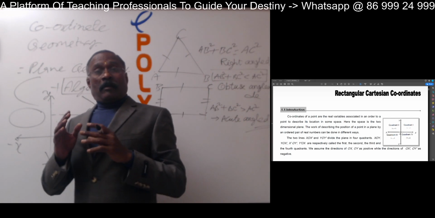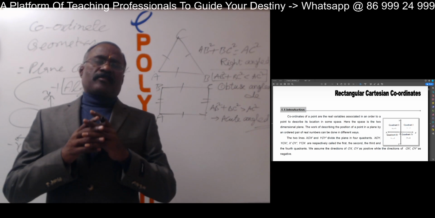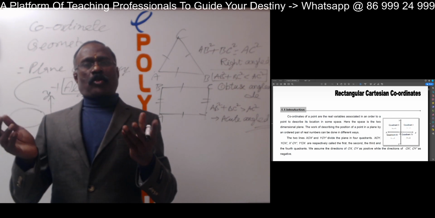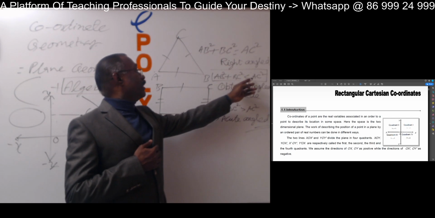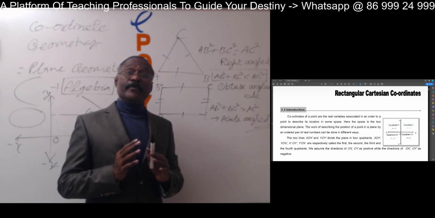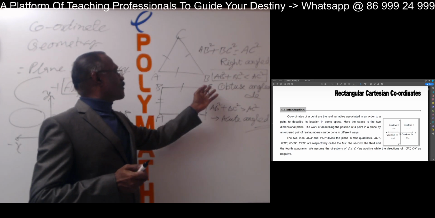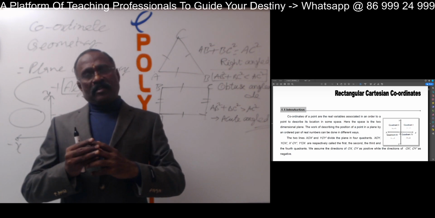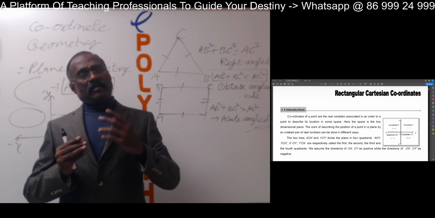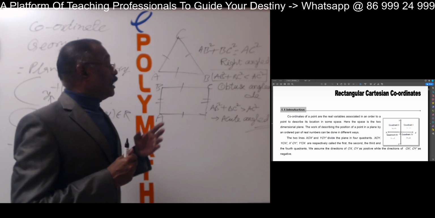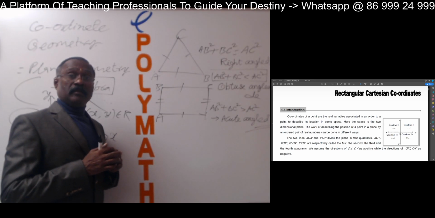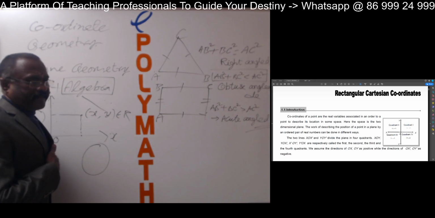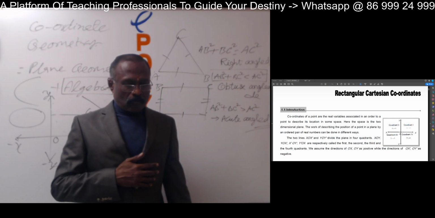So, if the sum of the squares of any two sides of a triangle is less than the square of the third side, then it is said to be an obtuse angle triangle. That means it need not be this one only. The sum of the squares of any two sides of a triangle must be less than the square of the third side. Then that will form an obtuse angle triangle. Okay. So as far as the distance is concerned, we will have